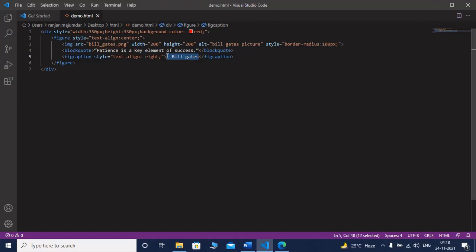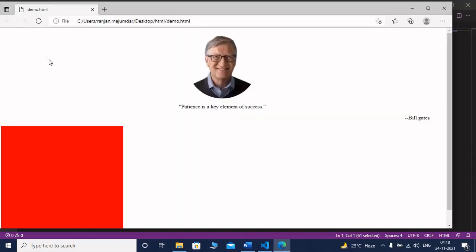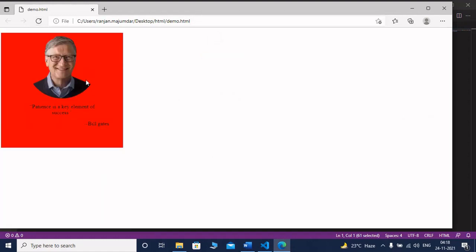Name of the author has been shifted to the right side of the document. I have created a div with 350 px height and width, so Bill Gates should be within the div. Now if I refresh it, then you can see Bill Gates is within the div.